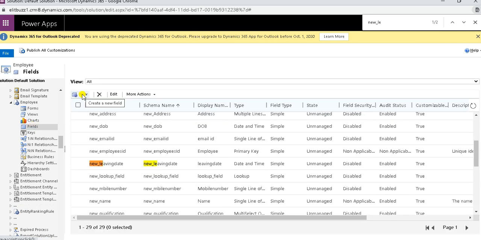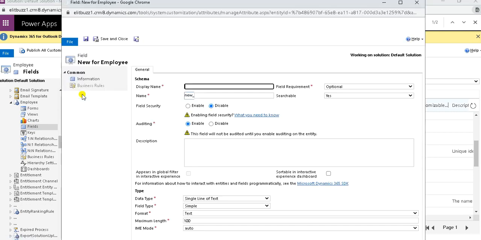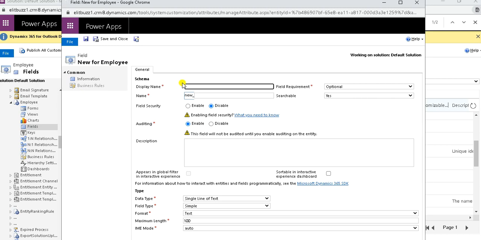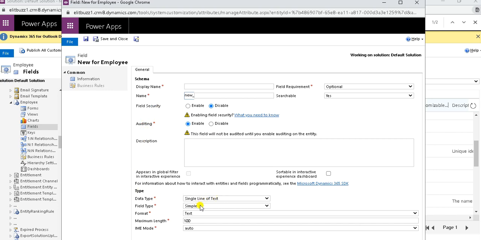So here I have created one field. I'll click on new, then I can give it a name, and this name specifies a schema name. This is the publisher, field security, auditing, and here I can check for the data type, field type.